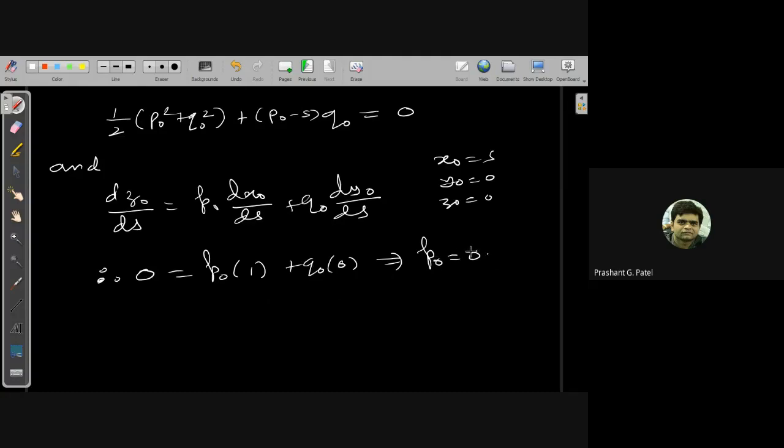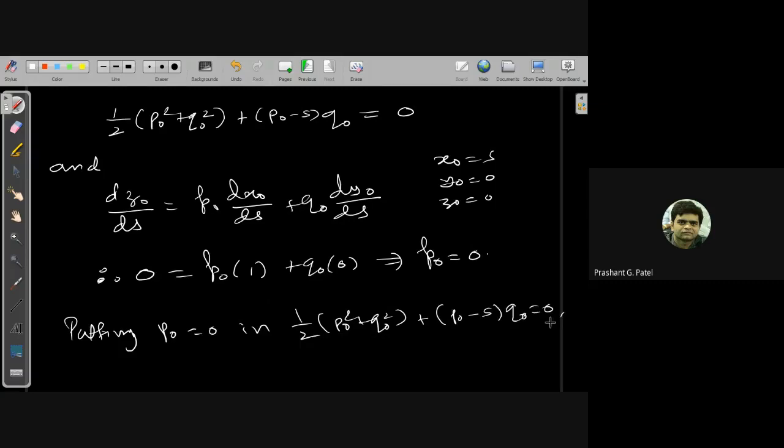And if I substitute this value into this equation, putting p0 = 0 in 1/2(p0^2 + q0^2) + (p0 - s) q0 = 0, we get 1/2 q0^2 + 0 - s q0 = 0. So that will lead to